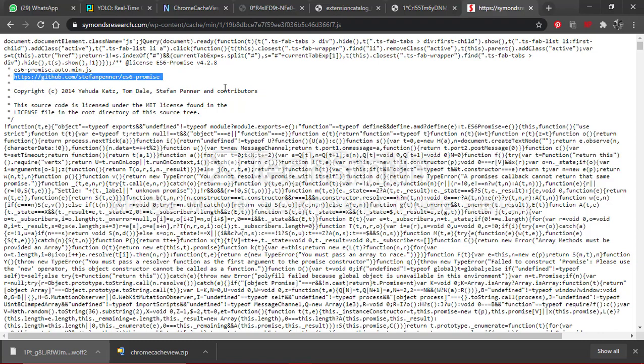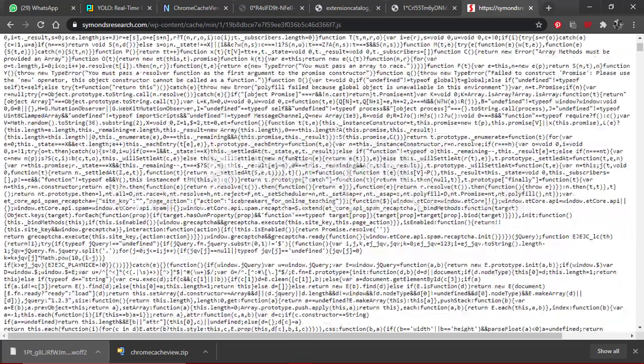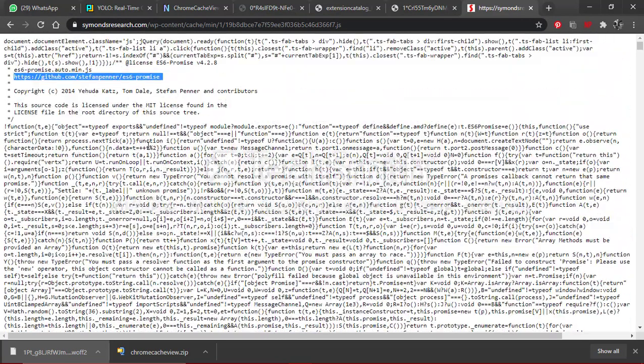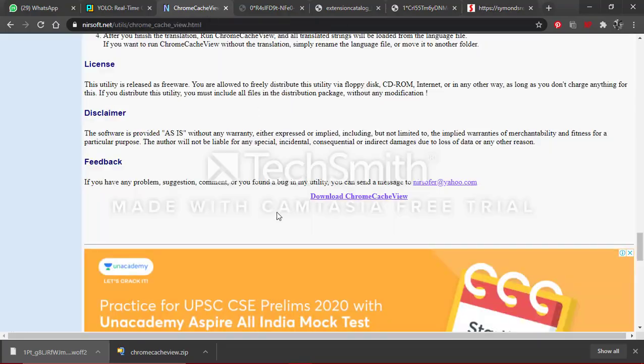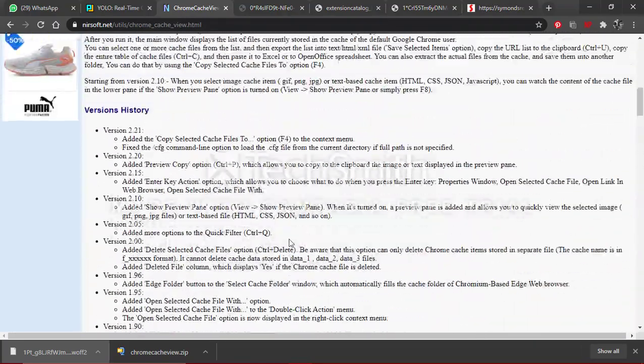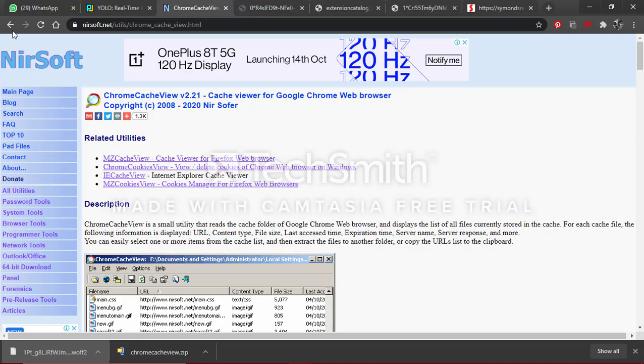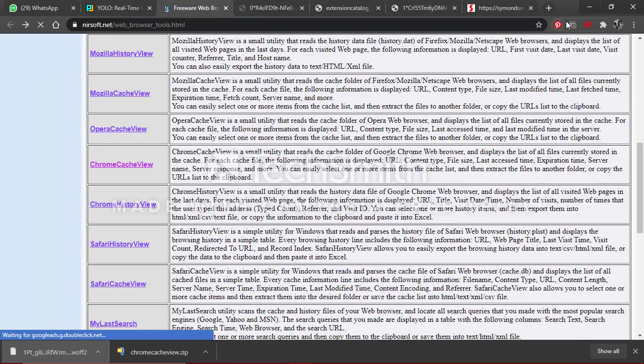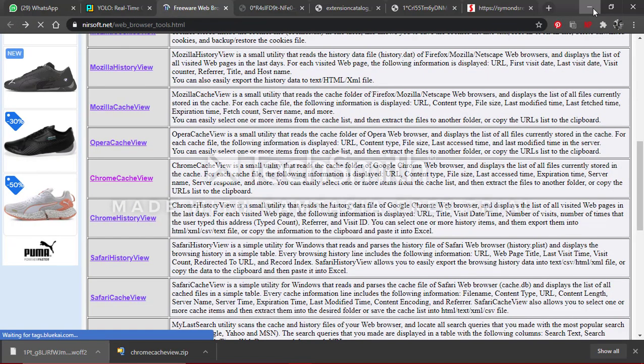About GitHub, it is maybe a front end or back end code, over here we can see, and this must be related to GitHub somehow because I upload a lot of projects and I use a lot of projects from GitHub. So this would be it. And again, I would suggest that we should try all the different tools in the Nirsoft, but since we don't have that much time,